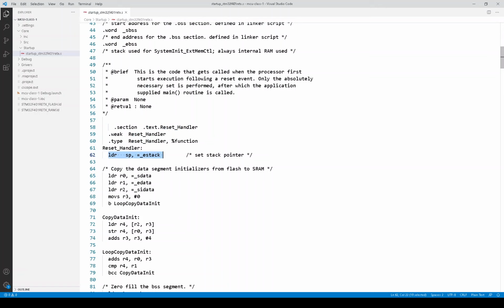And this first line is now generating actual code. LDR stands for load register, loads a value into a register. SP is the name of the register, that's the stack pointer, which is a key register in a CPU. It's used for interrupts. It's used when you call functions. And this is loading the stack pointer with the value of this variable called